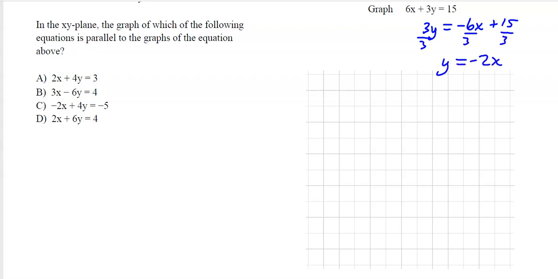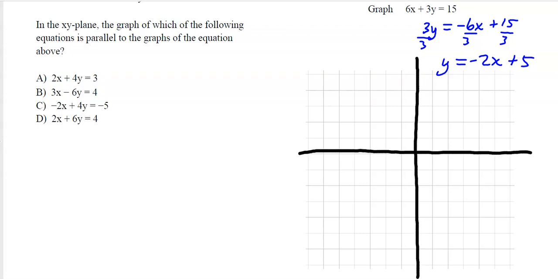And we get -2x plus 5. That one's not too bad. So put my grid on here. All right, so first thing I'm going to do is go to my y-intercept. So I'm going to count 1, 2, 3, 4, 5. That's the y-intercept. And then this is my slope, which means I need to go,